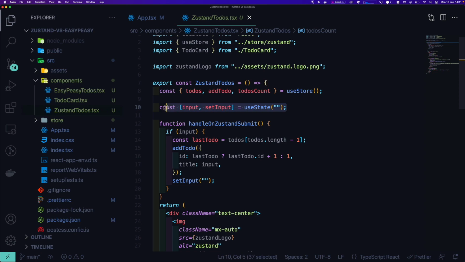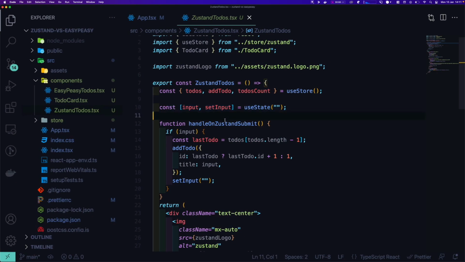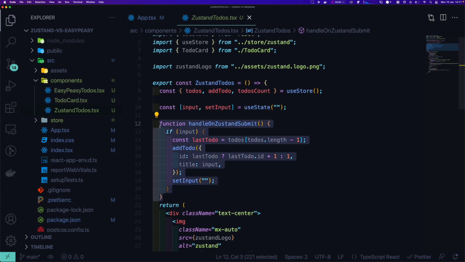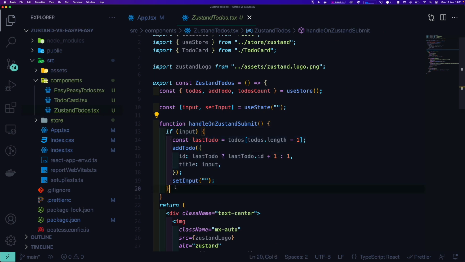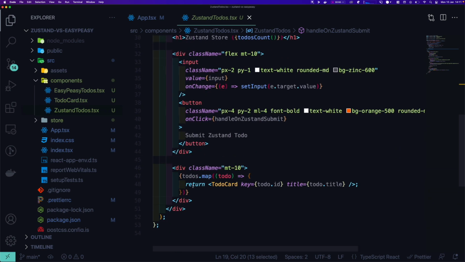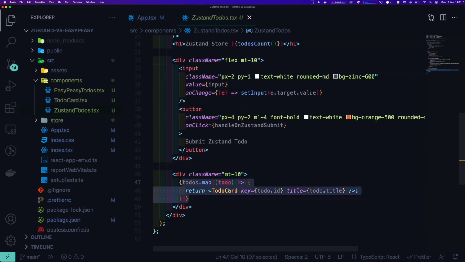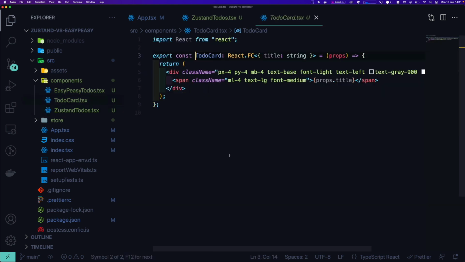It has an input for capturing the value that we update, and it has a handler that calls the function of the Zustand store called addTodo, and as soon as we press it, it does its magic, right? And then we set the input to blank, so we reset it. Pretty simple. Here's a map, so we map all the to-dos by their ID, and we render it here in a to-do card component, which is just